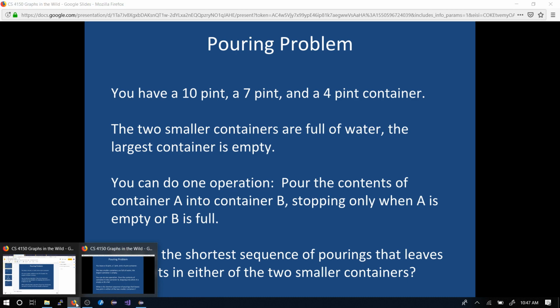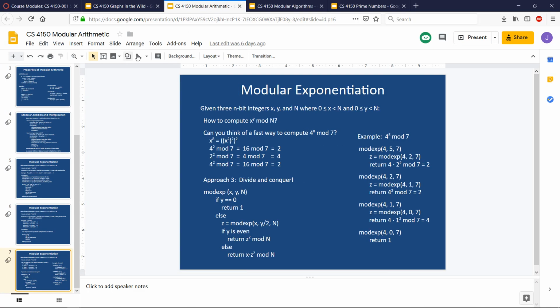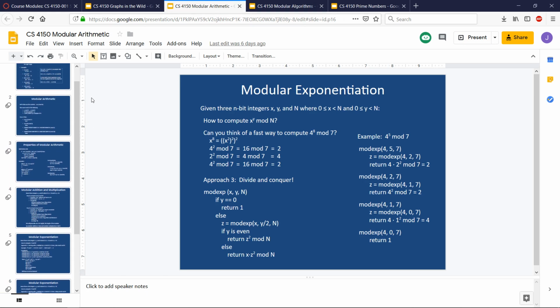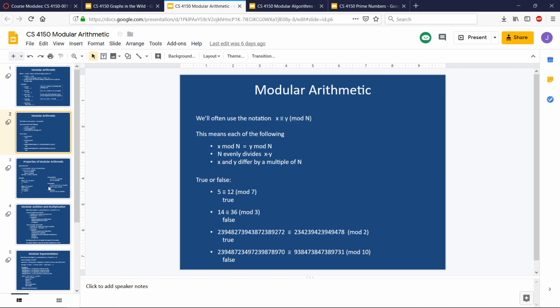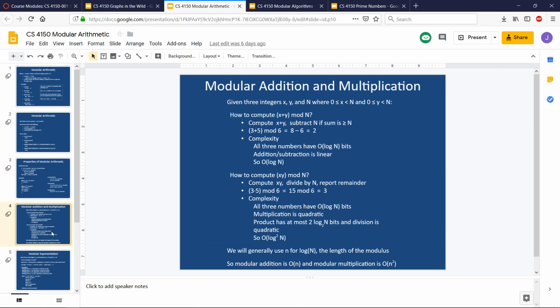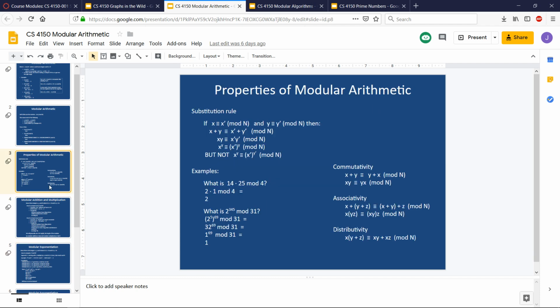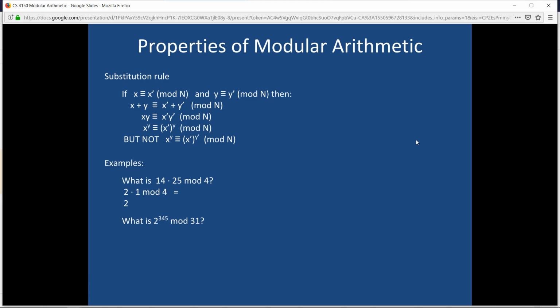Okay. Well, let me talk about that example again. Right, 2 to the 345th. Okay, so